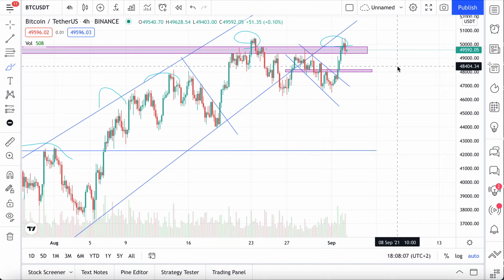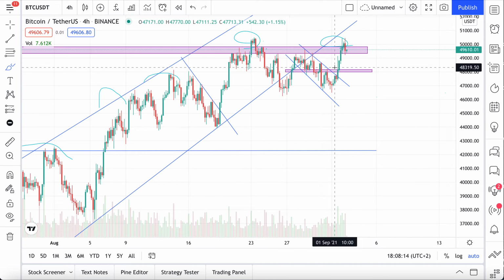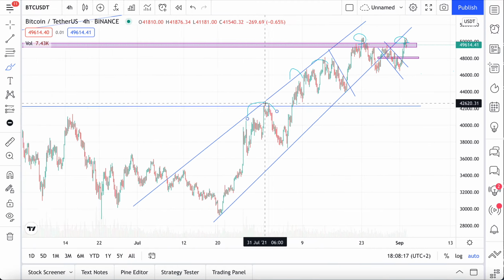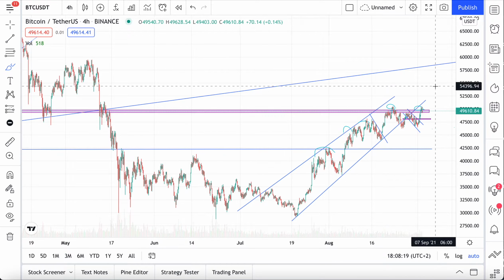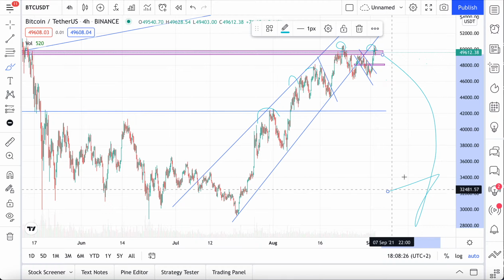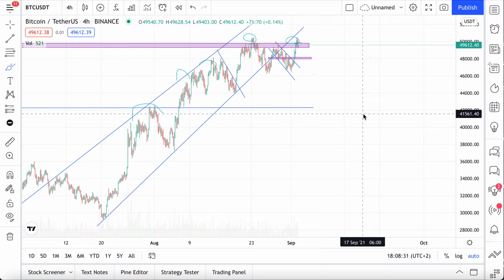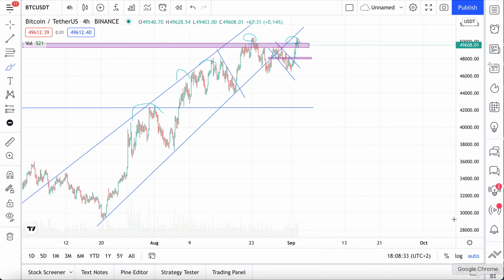You should look at many things, either if you want to invest in the long term or if you want to trade. Because look, the bears are saying this whole thing up here was a bull trap. Let's say this was a bull trap and we plunged into the bear market, right? If that really happens and you are investing for the long term and you invest right here, and it goes all the way back down, it's going to take sometimes years to get back to the bull market, right?